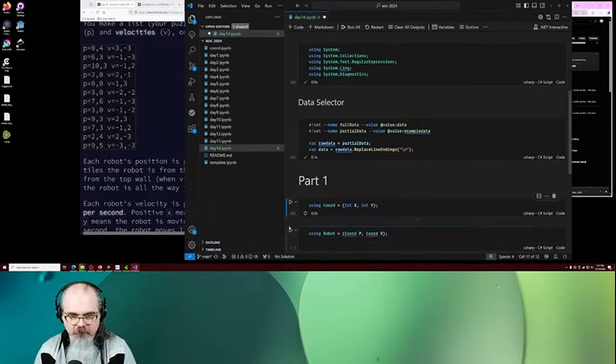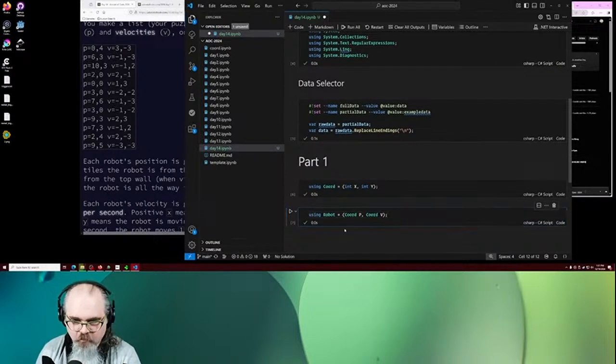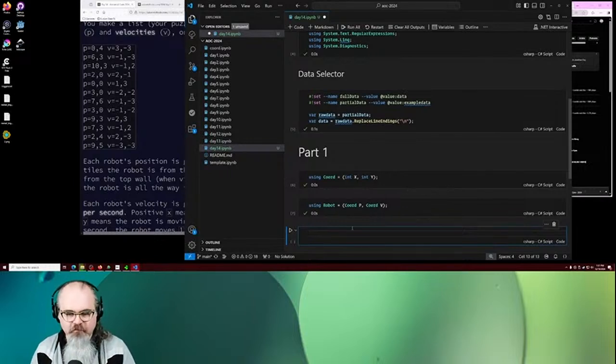Oh, we have to run that first. Then we run that. Okay, so a coordinate is an xy. A robot is a pair of coordinates. All right, so now